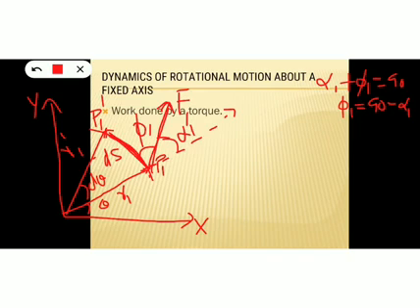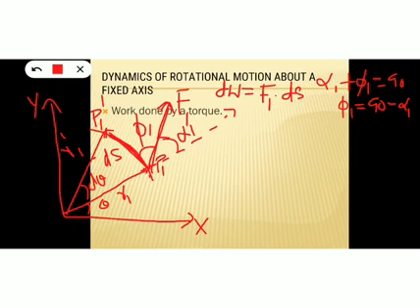Now we can derive an expression for work done. So here, a force F1 has been applied on the particle P1. As a result, it has been displaced from P1 to P1 prime. ds is the displacement. Force is here, displacement is here. So a work is said to be done, and that work done is found using this equation. dW is equal to force F1 dot ds. Because we had already studied, work done is defined as the dot product of force and displacement. So here force is F1, ds is the displacement. So work done will be F1 dot ds.